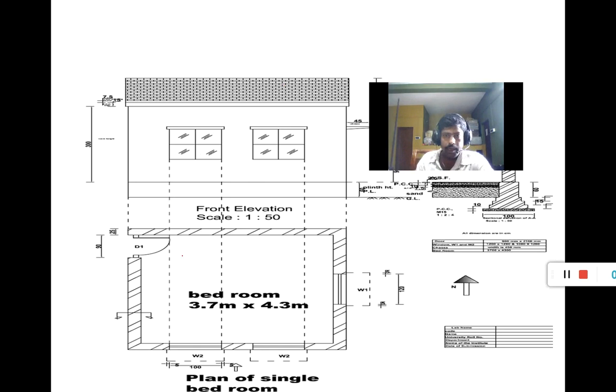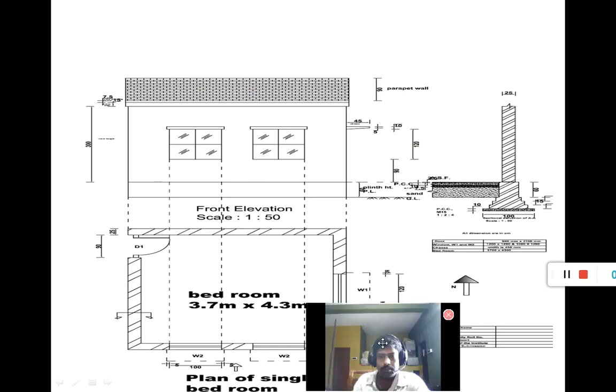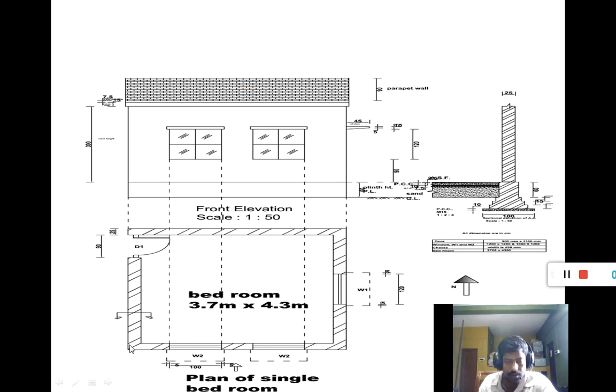So that plan you have to develop. This is a plan of a bedroom. Size is 3.7 meter into 4.3: this is the width, and the length is 4.3 meter. So, plan of a single bedroom.